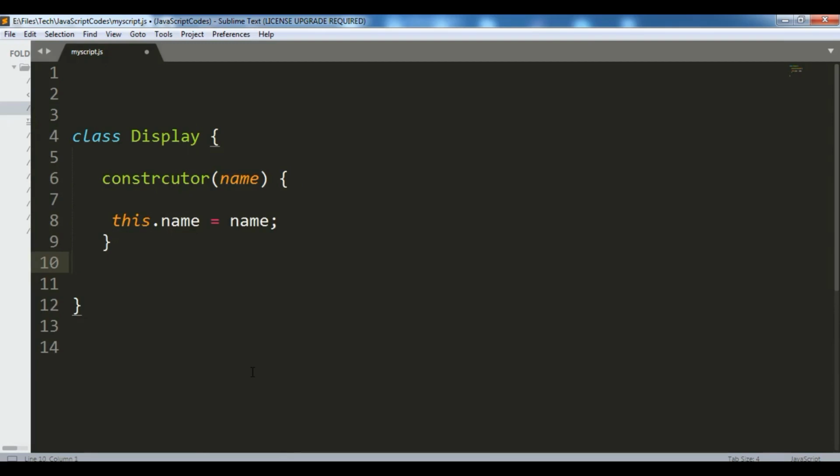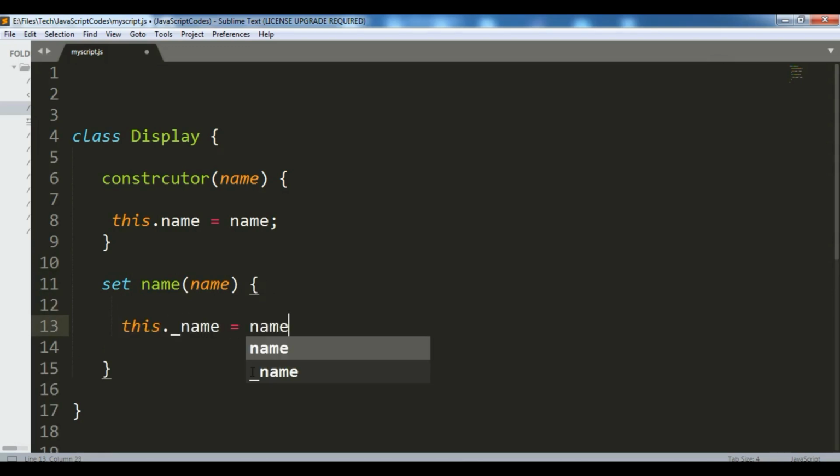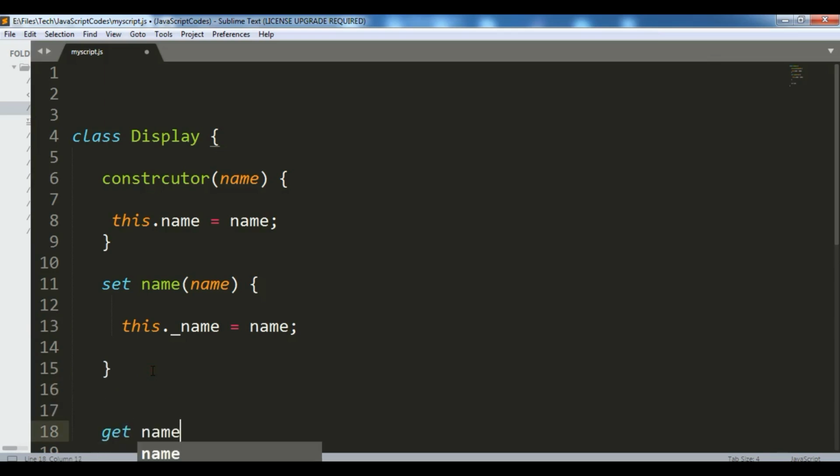Okay, now you can set a property for this. For example, I'm going to just say set name, and this dot underscore name to name. So in here I have used underscore name prefix. It's because I want to create a temp field to store name property. By this reason I have used underscore name, and this was the set name. Now for the get name, you can just say get name,